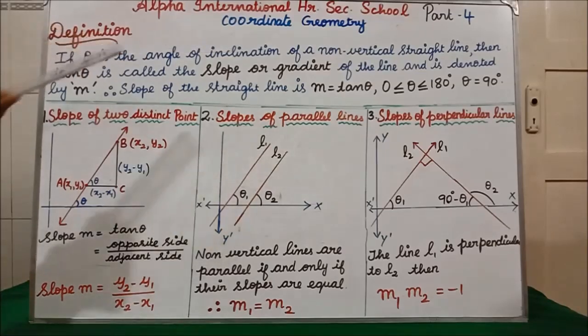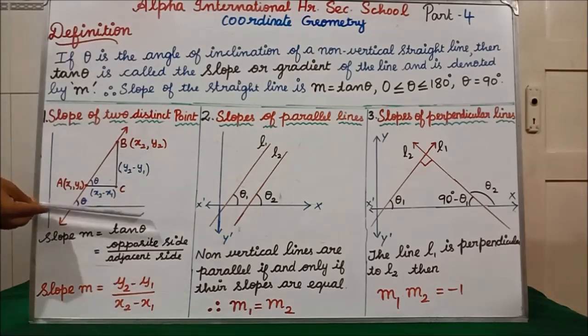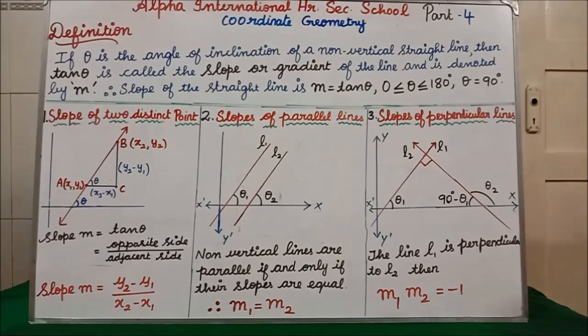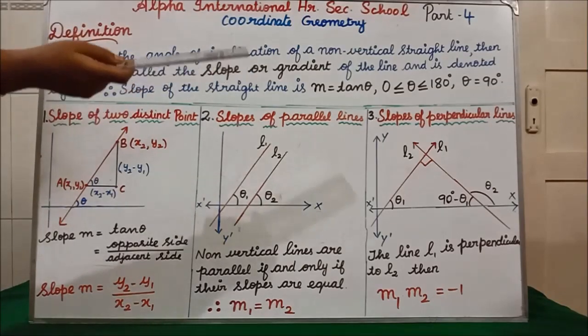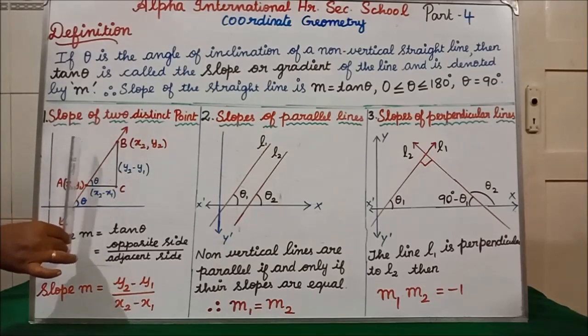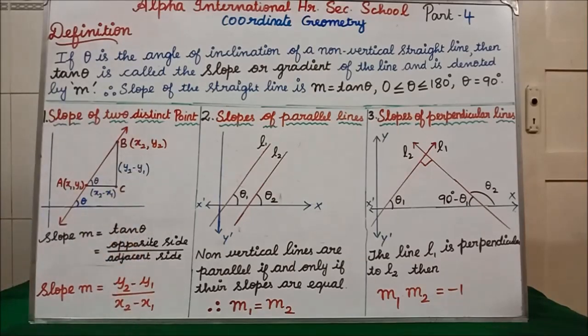How will this theta vary? See, it will go from 0 degree to 180 degree. Clear? So in between I have written theta. On this side what I have written? 0 degree to 180 degree it will come. So 0 is less than or equal to theta less than or equal to 180 degree, theta not equal to 90 degree. I have told you in inclination of a line what I have told: the inclination of y-axis, every line parallel to y-axis. So if every line is parallel to y-axis, then all the degrees what?